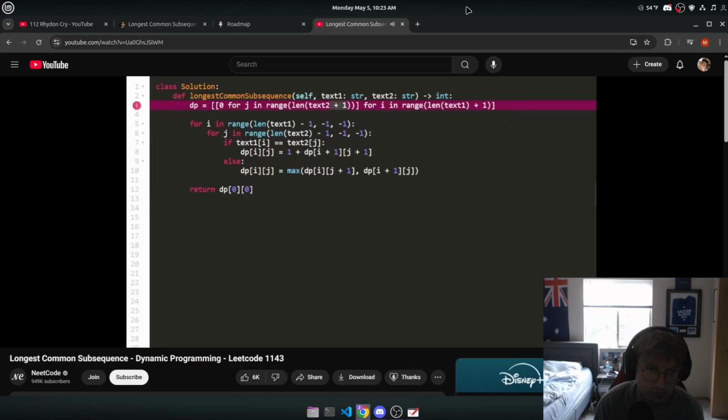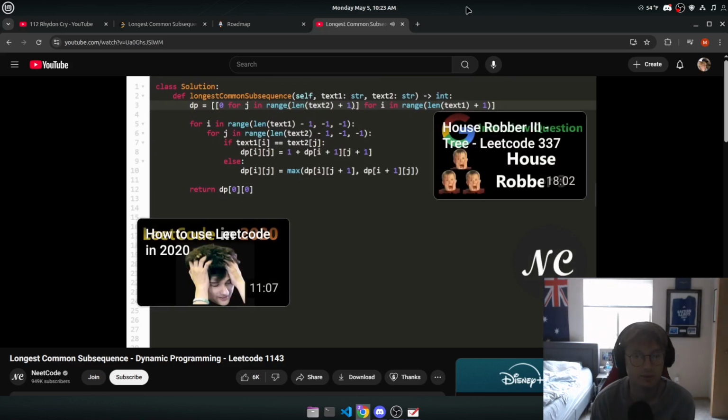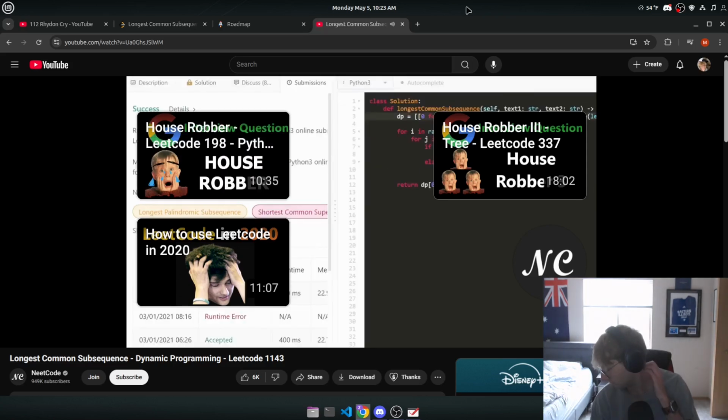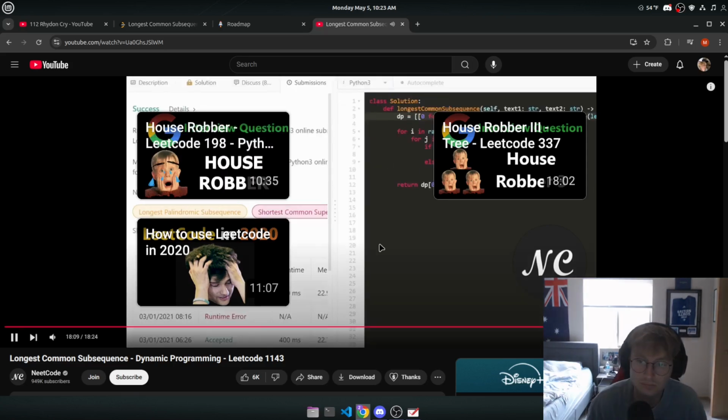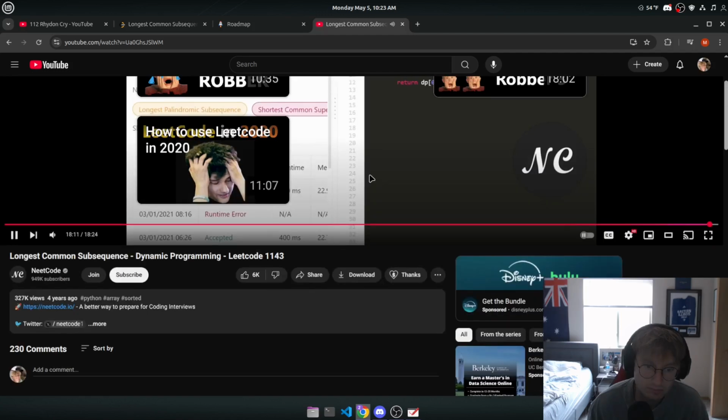Oops, I had just one little bug. I added one to the inside of that function, but I need to add one here. But other than that, you can see that the code does work, and it is pretty efficient because the dynamic programming solution is the most efficient for